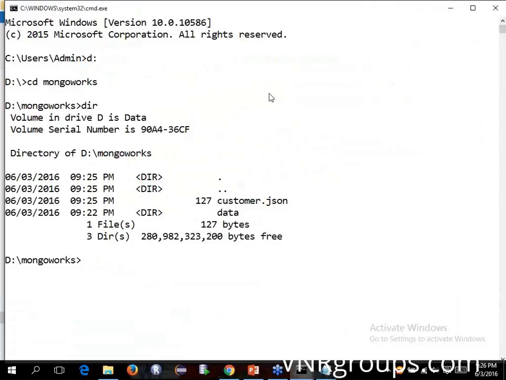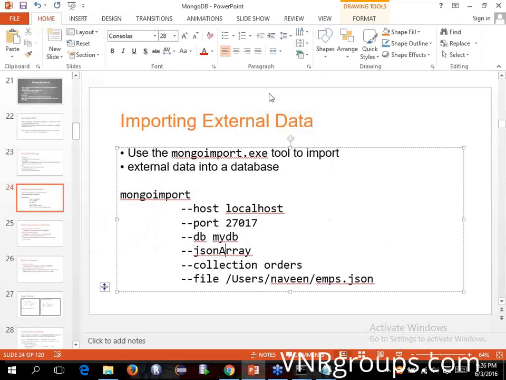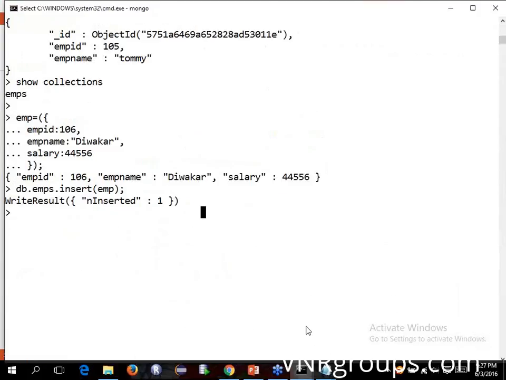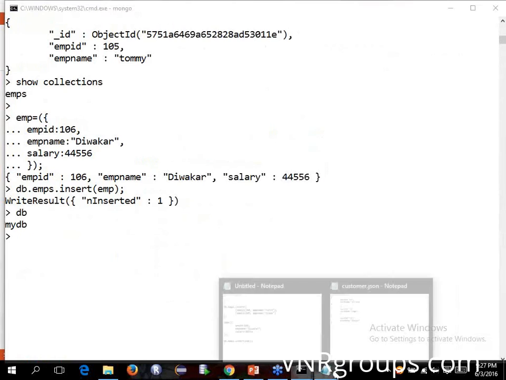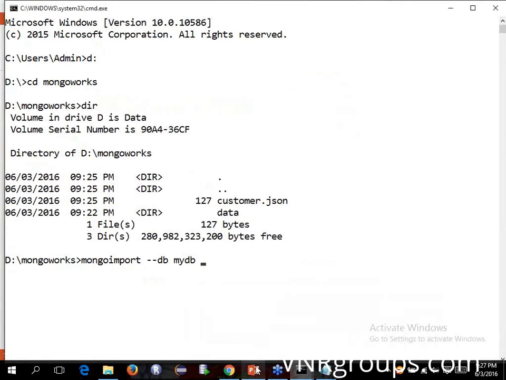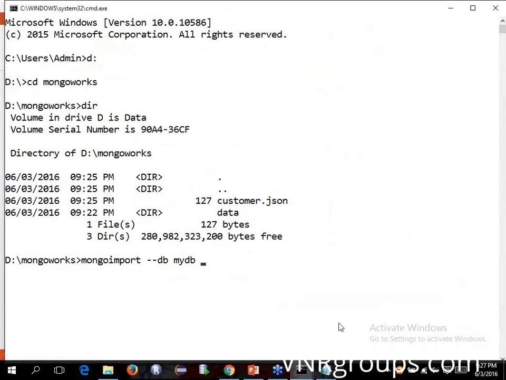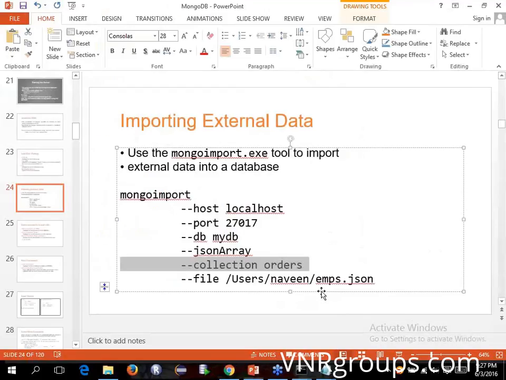So I would say mongoimport. That's the utility which I'm looking for. I don't have an array. I've got to give the parameters: port is okay, host is also not required. The DB is my DB. I believe that's what we have created here. That's my DB. And it's not a JSON array in my case. The collection name is customer, and the file